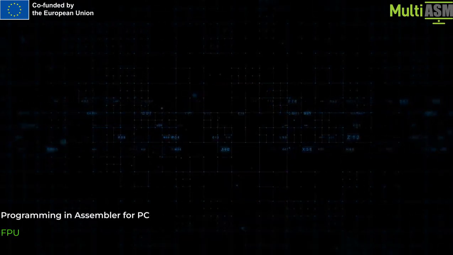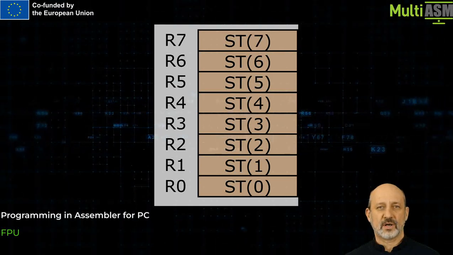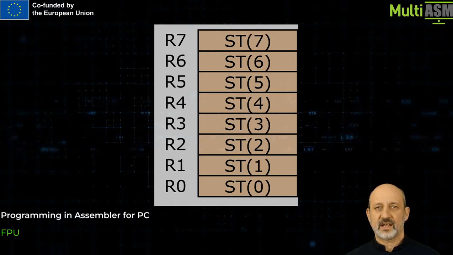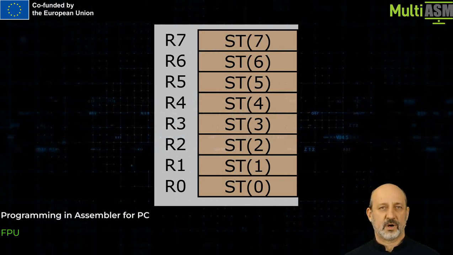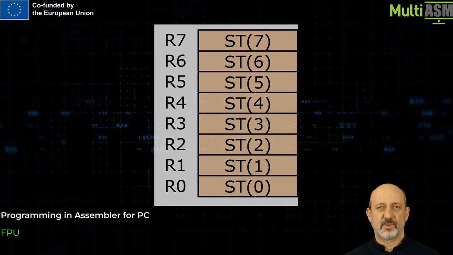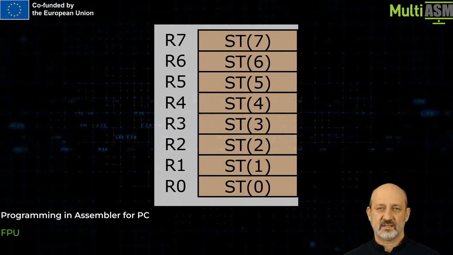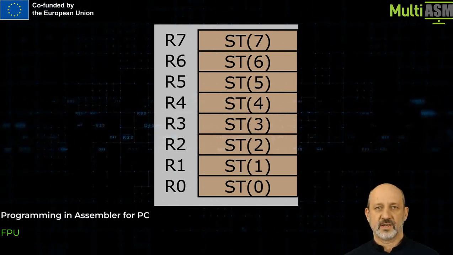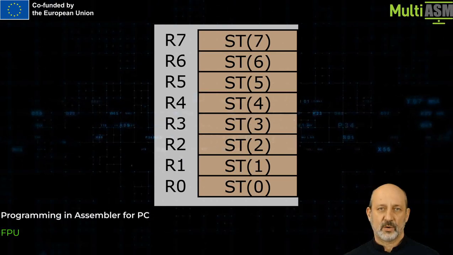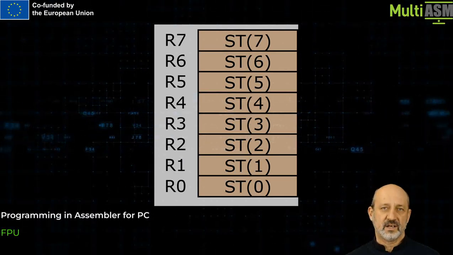The FPU operates on single, double, or extended precision values using its own set of registers and instructions. Registers in the FPU are organized as a stack with 8 levels of depth. Physical registers are named R0 up to R7, while registers visible by the FPU take names ST0 to ST7. The ST0, also referred to as ST, is always the top of the stack, while ST7 is the bottom of